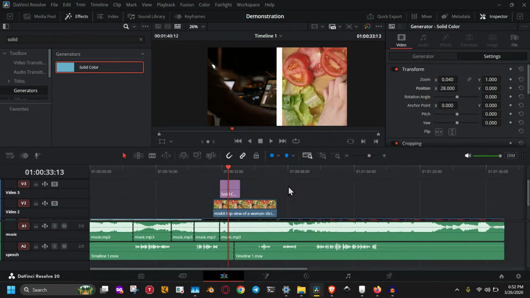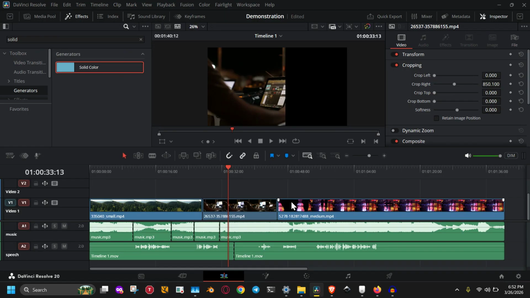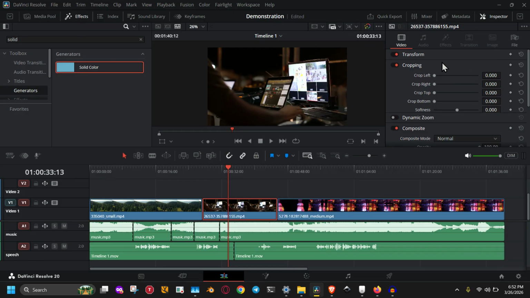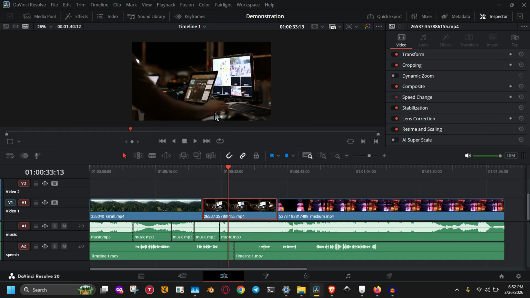If you want to improve the sound of your videos fast, then learning Fairlight audio effects in DaVinci Resolve 20 is a game changer. In this video, I'll show you exactly how to use Fairlight audio effects step by step, so you can clean up dialogue, shape your sound, add reverb, control volume, and make your audio sound much more